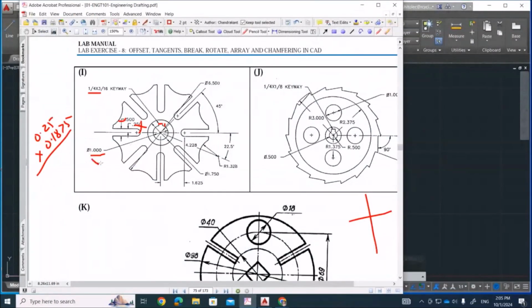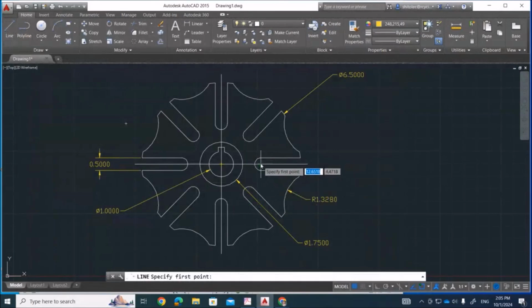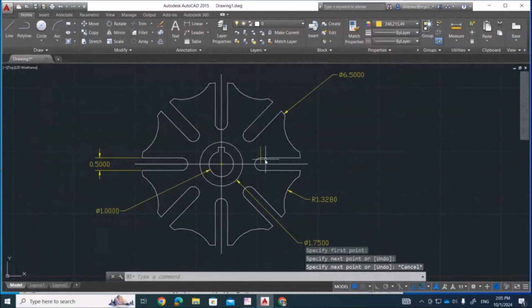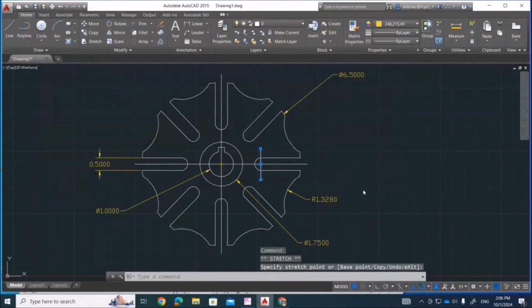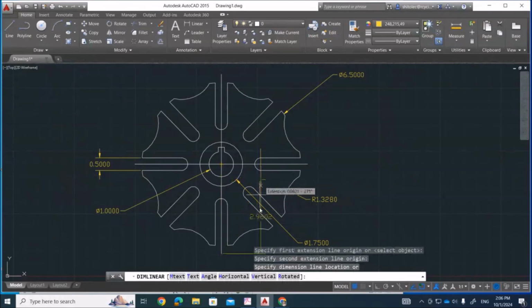This one is done. This is done. This is done. Now the angle is remaining. There is a line missing from this point, so I will draw a small line to show the center point. Yes, this is the line, and this will show you the center point. So make the dimension, linear from this point to this point,